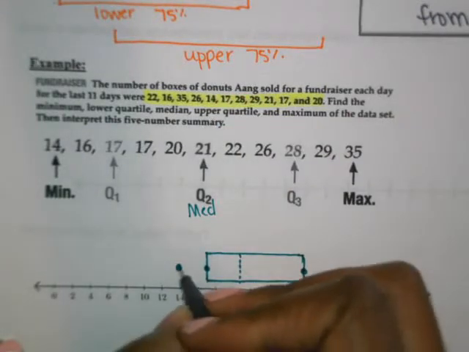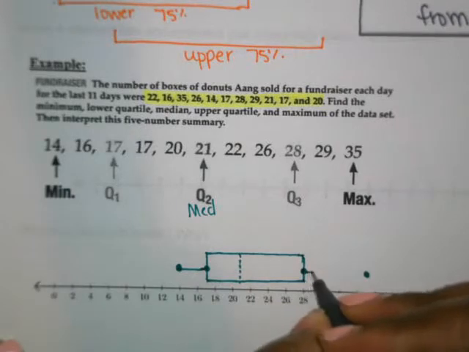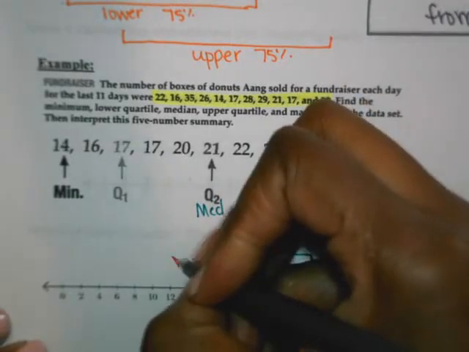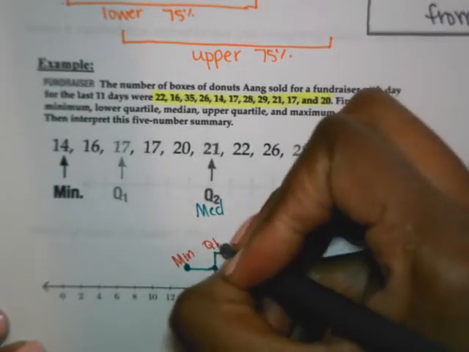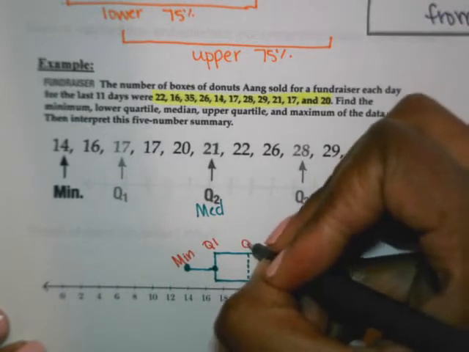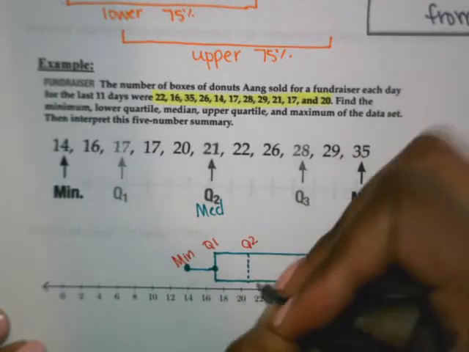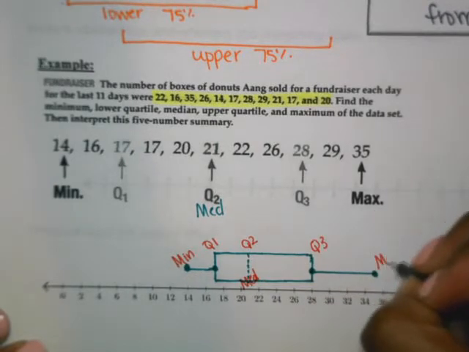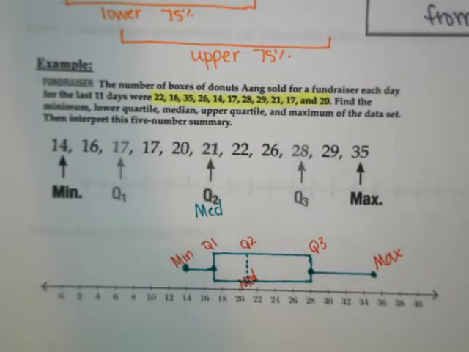And then my whiskers are made by attaching my data to the min and the max. So here we are. If I wanted to label my box and whisker plot, this would be the min, first quartile, quartile 2, also known as the median, my third quartile, and my max. All right, so